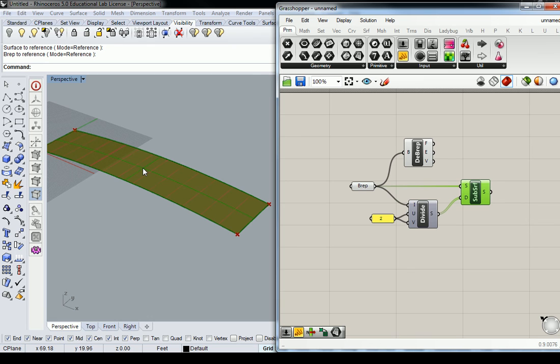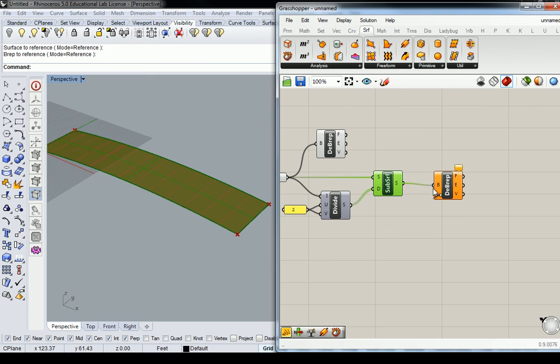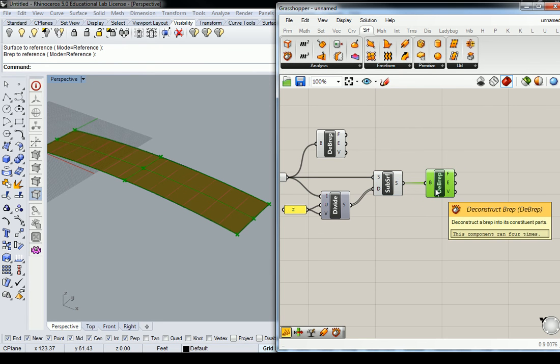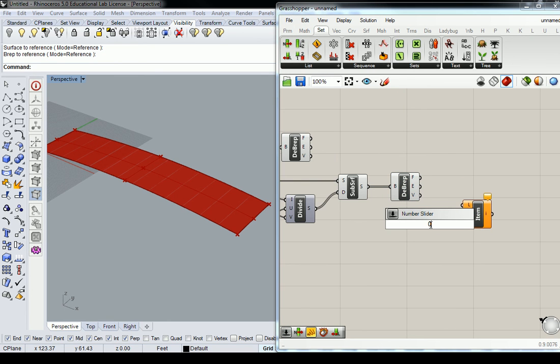Now, you need to deconstruct it and then select that particular corner. That's the hard part, because right now we have 4 panels, each of which has 4 corners. So when I deconstruct this, deconstruct that, I need to make sure that I'm not selecting from all 4 panels at once. So be aware of that. The vertices, if I do my list item, and I do a slider from 0 to 3,